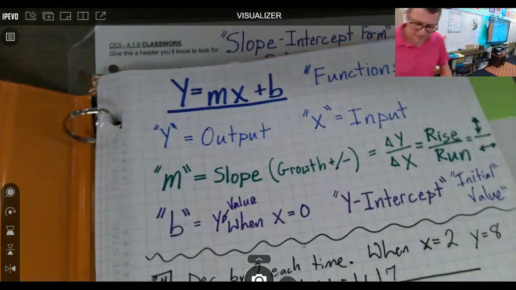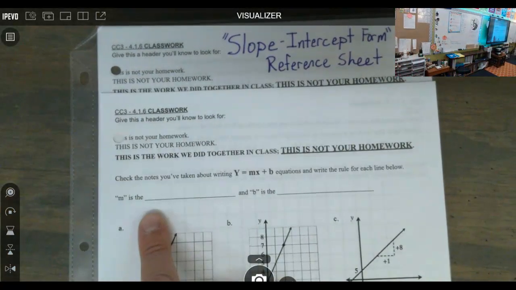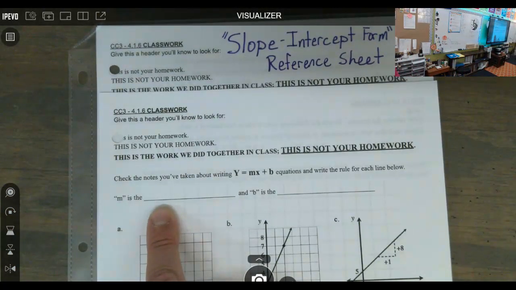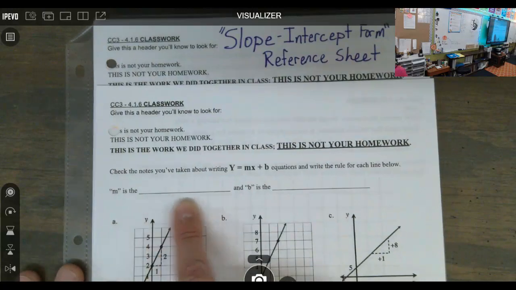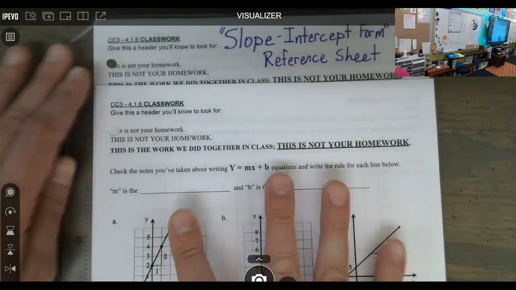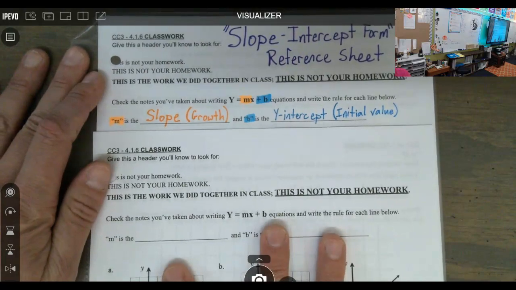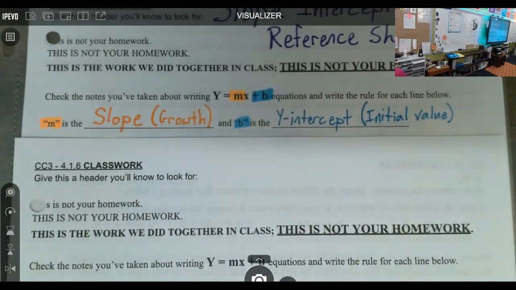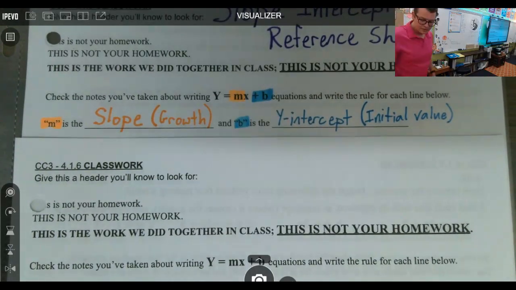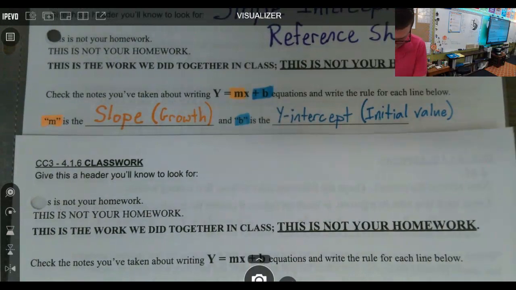But class, when we go to fill in, M is the, we're going to write slope. And when we go to fill in, B is the slope and or growth, right? Slope and or growth, y-intercept or initial value. So now, what we're going to do, and it's really what you guys are going to do,